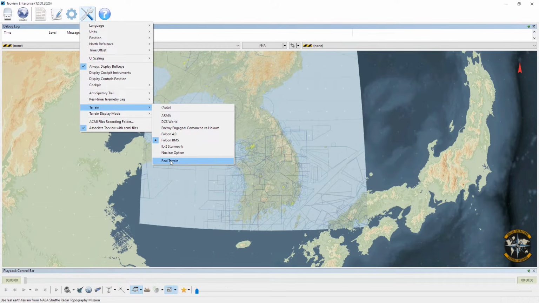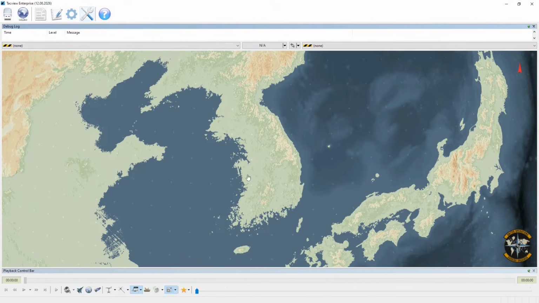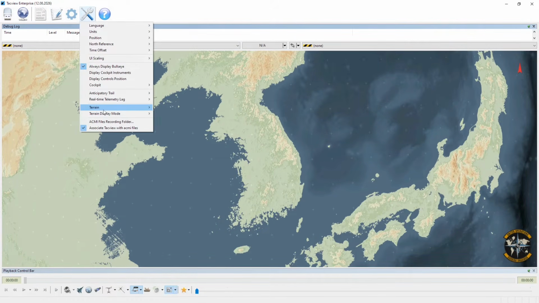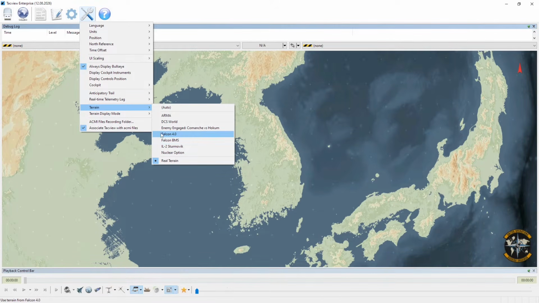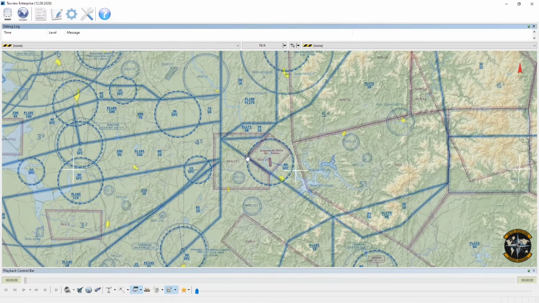If I change to a different layer, like the real terrain, they are not shown now. Going back and selecting the Falcon BMS layer again. Okay, so